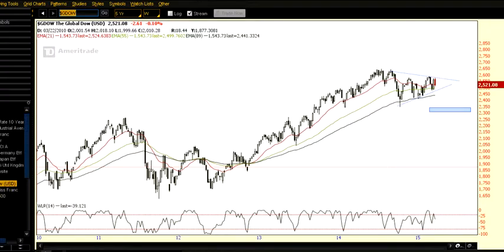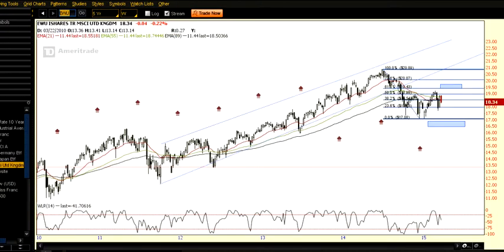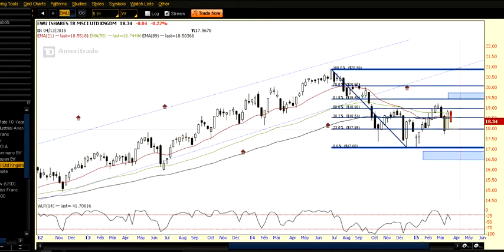Let's look at the UK. So let me do it this way. The UK broke out of this channel. I've got it marked here by these 2 blue lines. And you can see I've got some Fibonacci numbers on here. So we had a swing down, and we've had as much as a 50% retracement. But we didn't get to this resistance box. So, are we going to get to it? I don't know. Maybe it rolls over here and goes lower. Maybe next week we bounce up and start heading our way to this resistance box. But